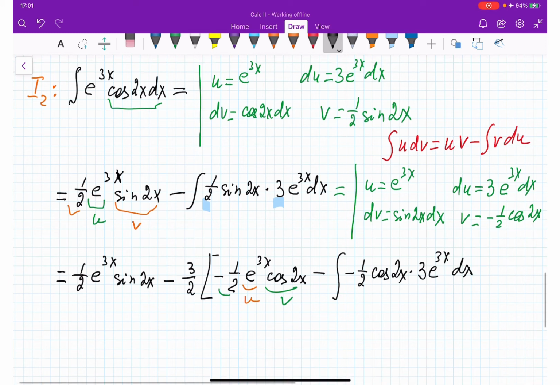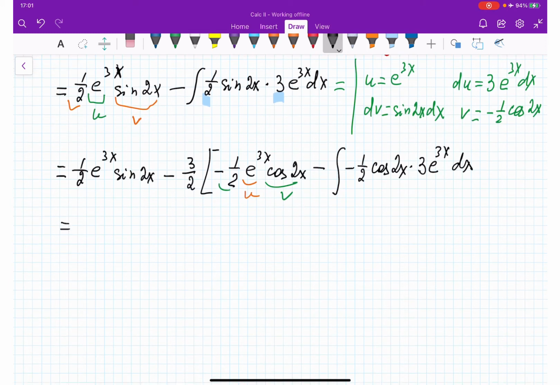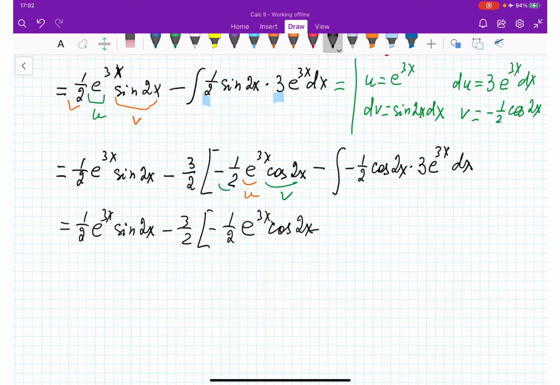All right, next is equal to 1/2, the first term coming down without any changes, sine 2x. Now minus 3/2 times negative 1/2 e to the power 3x cosine 2x. Minus, well, it's going to be plus, because I'm taking 3/2 out here, right? It's going to be plus 3/2